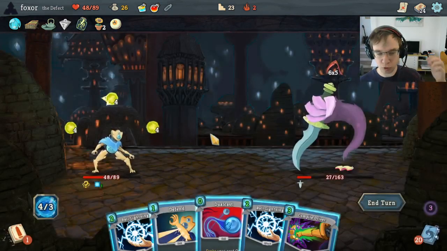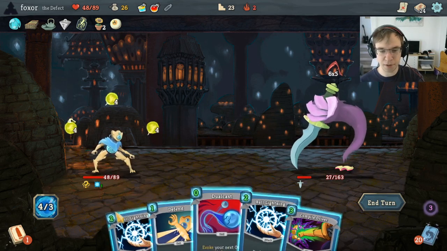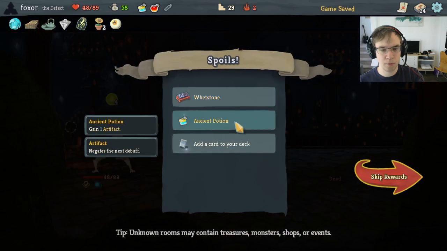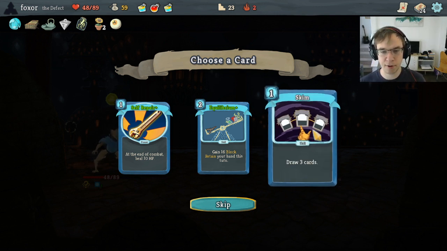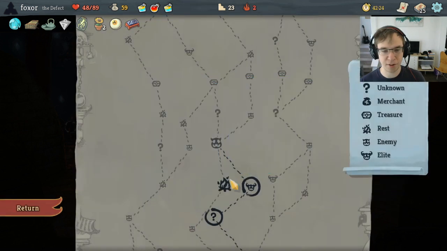Last card is Wound, not very helpful. But it looks like we probably have lethal here. Ball Lightning is lethal. Whetstone's great. Self-Repair Plus? I think Skim's probably the pick here. Skim's crazy in Snecko decks. I was hoping for a Thunderstrike there, but